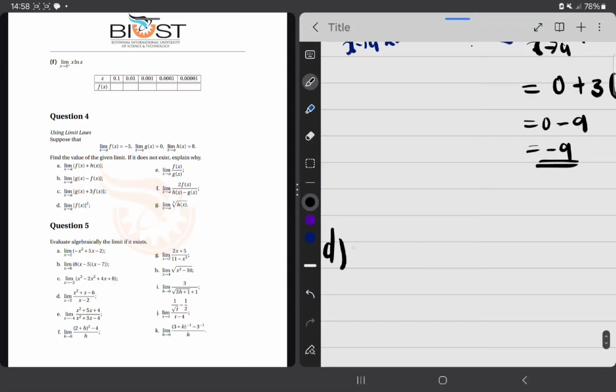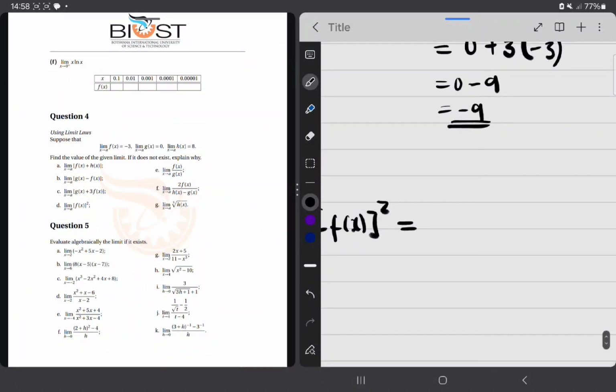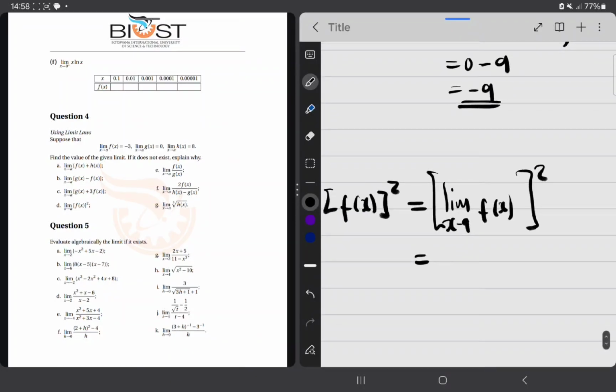Now we do part D. Okay. When it comes to working out things, we don't ever fear nothing. The limit as x goes to a of f of x squared. What is this going to be? Well, we know that we take the limit, then we square outside. So it's going to be the limit as x goes to a of f of x, then you are going to say squared. You square outside. The limit as x goes to